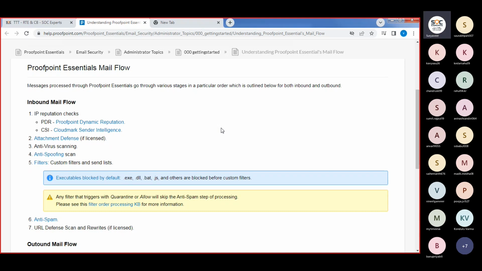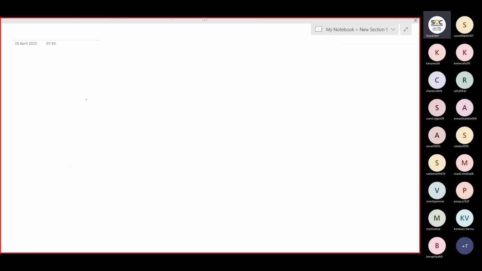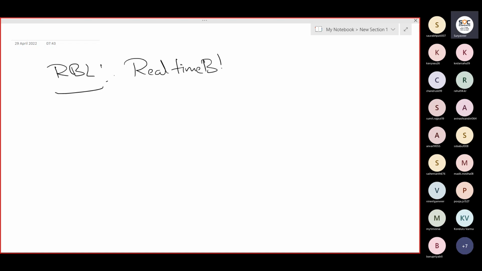In this part, the very first step is the IP reputation check. What is the IP reputation check, or what is Proofpoint dynamic reputation? There is something called RBL. Anyone heard of it, guys? No. Okay, RBL stands for real time blacklist. What is this real time blacklist? What will happen? For example,